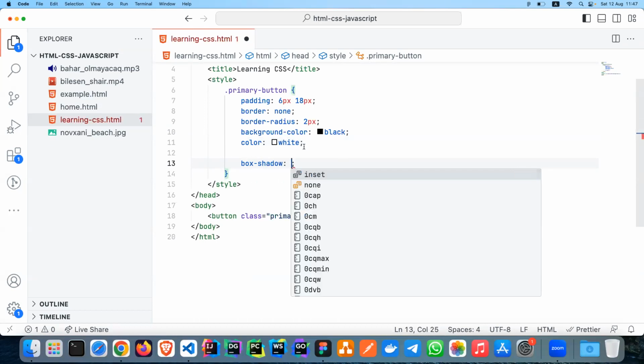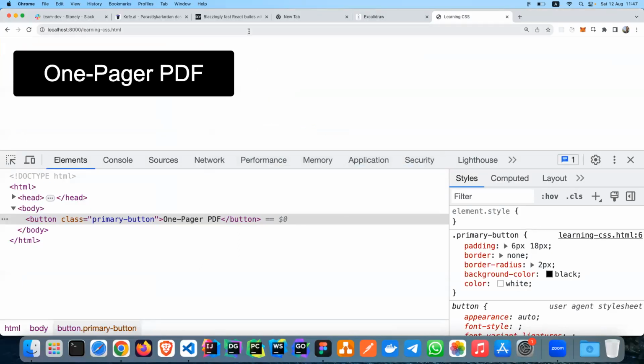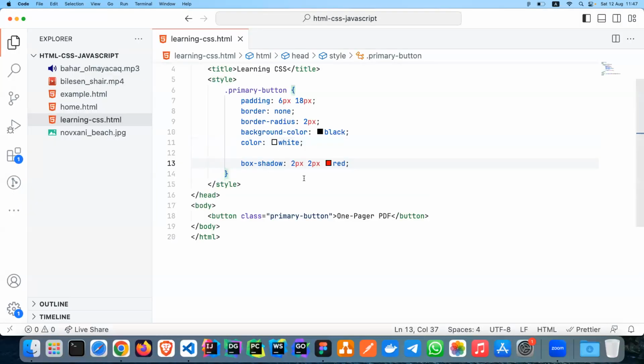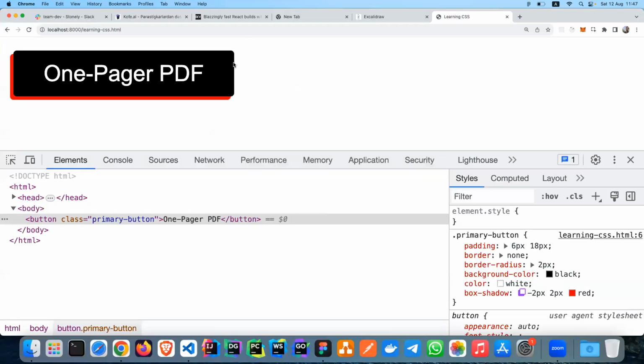For example, let's say 2 pixel red, and you will see here it will be 2 pixel bottom, 2 pixel right, and the color of the shadow will be red. But I want to have this like minus 2 pixels, then it will be to the left, not to the right. So,